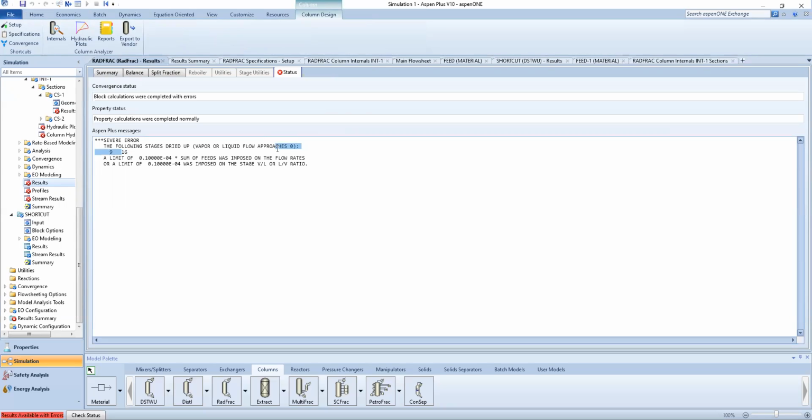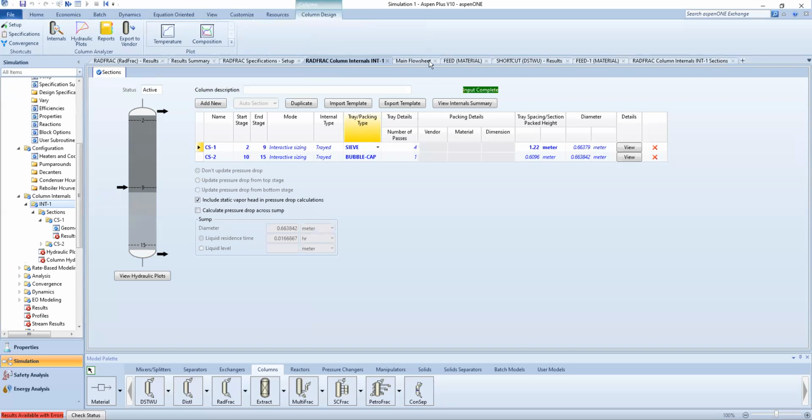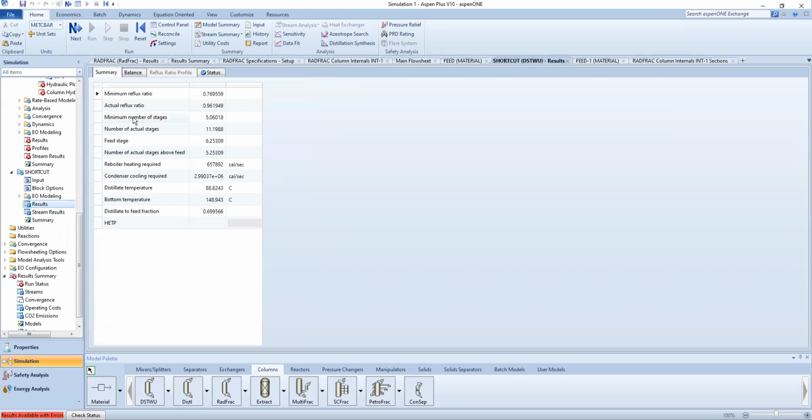Following stages dried up, right? So when I reduce the reflux ratio a lot, I'll have some stages with no flow at all. And I think this is because we went below the minimum reflux ratio. So let's look at our shortcut method results here. Minimum reflux ratio is 0.76. So if I have a reflux ratio below this value,